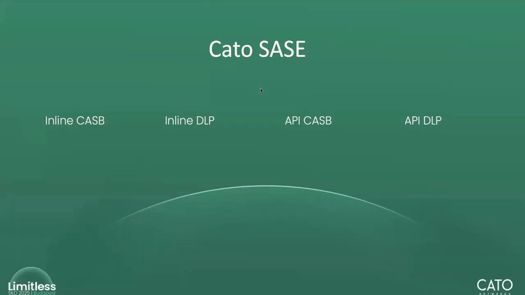Right. So these are our 4 building blocks, part of the Cato SASE, in terms of the CASB and the DLP. We started the journey from inline CASB DLP probably 2 to 3 years ago, still in the midst of COVID, maybe the beginning of the post-COVID era. We started with the use case like shadow AI, because that's the moment when we realized that users were moving out of the office, which is hybrid workers, and users were starting to use SaaS applications with or without IT